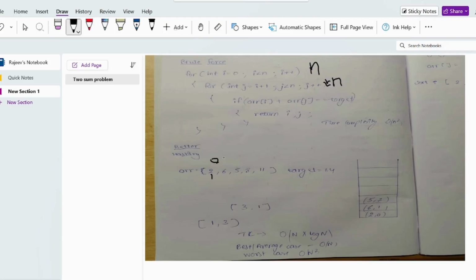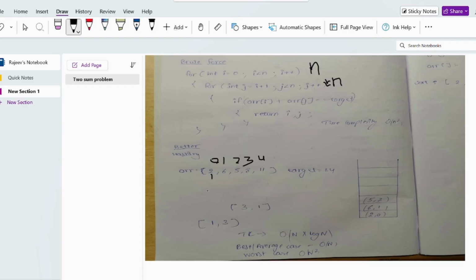This is 0, 1, 2, 3, and this is 4. So we will take 2 and we will find in the hash table if there is any element which we can add to 2 so that we get the target